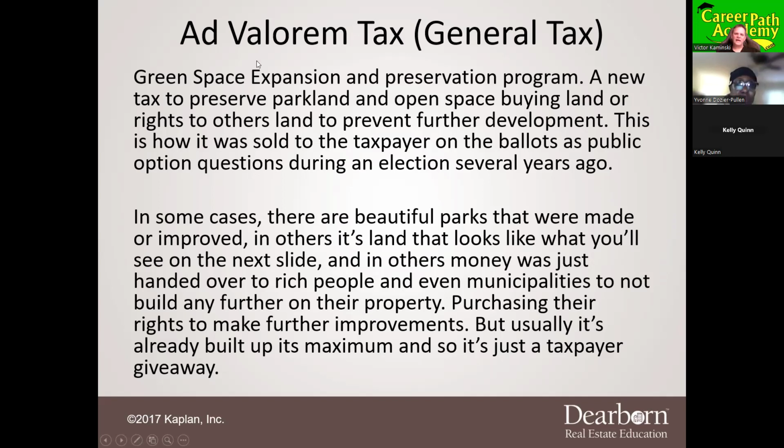Now, when we voted to add this ad valorem tax, which New Jersey did, they said, "Ooh, preserving green space and not further developing." So New Jersey people voted for that to create a new tax for this, and the devil is in the details, which they obviously didn't spell out on the ballot. They also now allow the politicians, if they need more money, to just raise that tax.